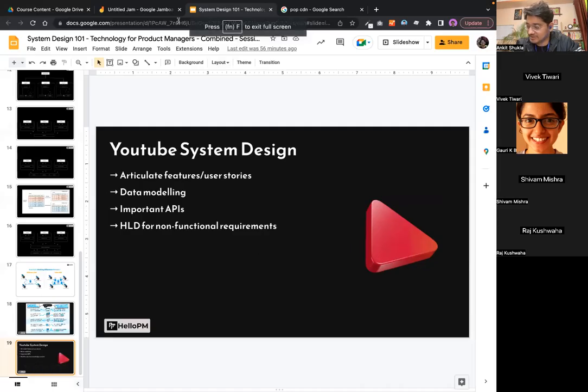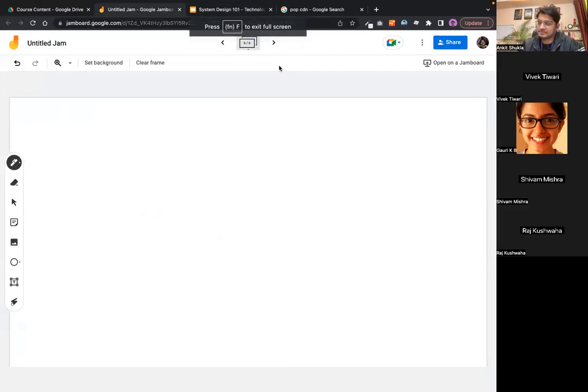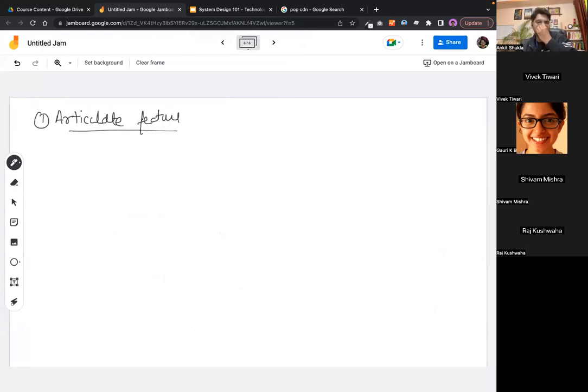So first thing is articulate features. Here we are only looking at 2 features. Although YouTube has thousands of features out there, we are only talking about 2 features. The first feature is upload a video. Second feature is watch a video. So a user can come and they should be able to upload the video. And a user should come, they should be able to watch a video. Now we have to create